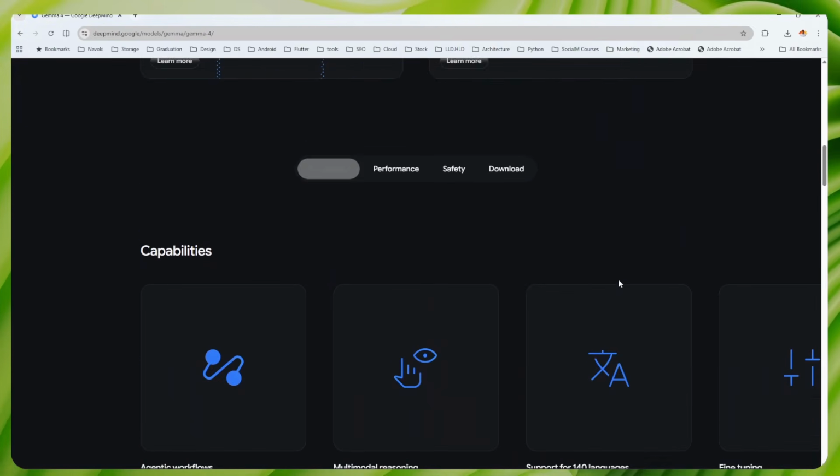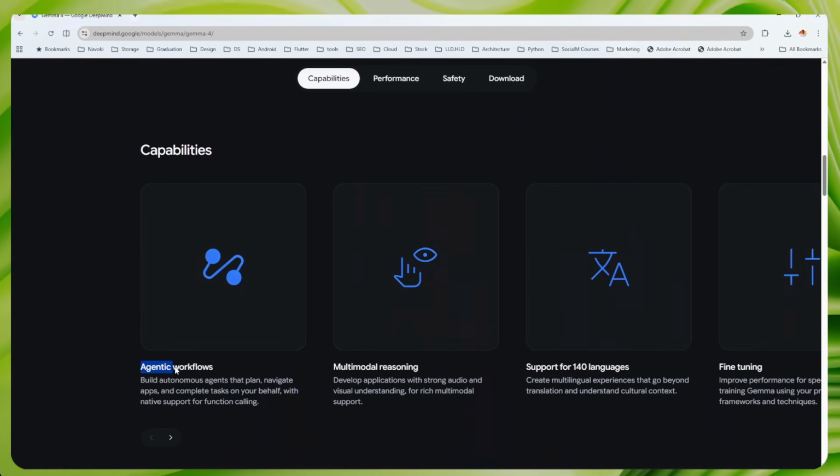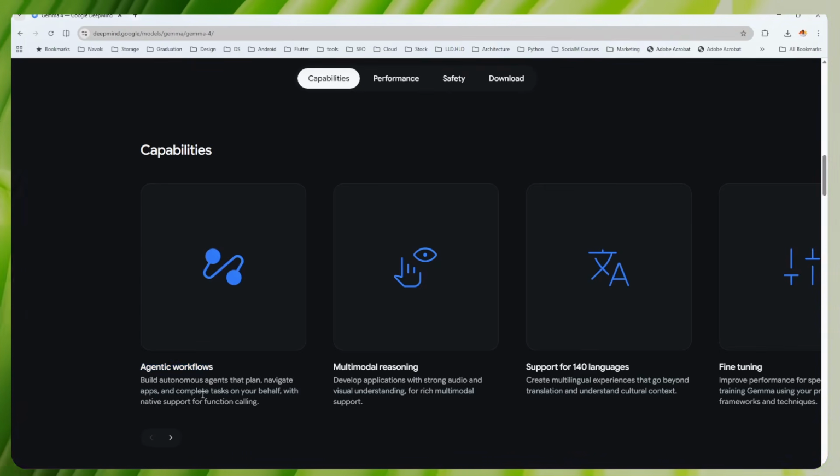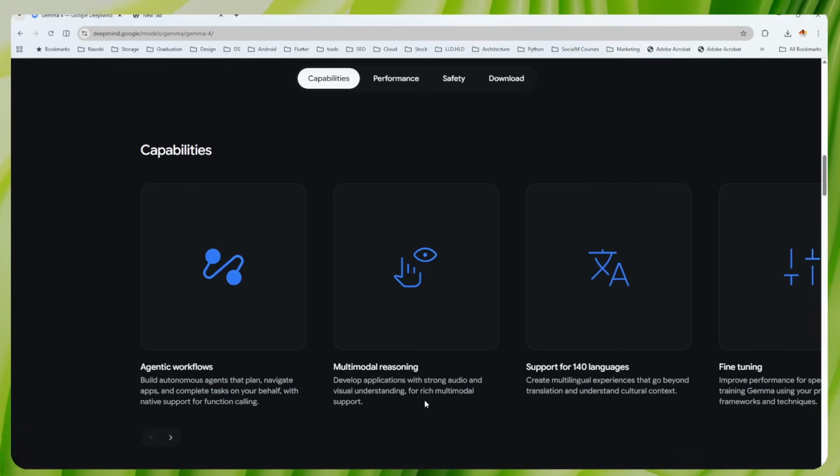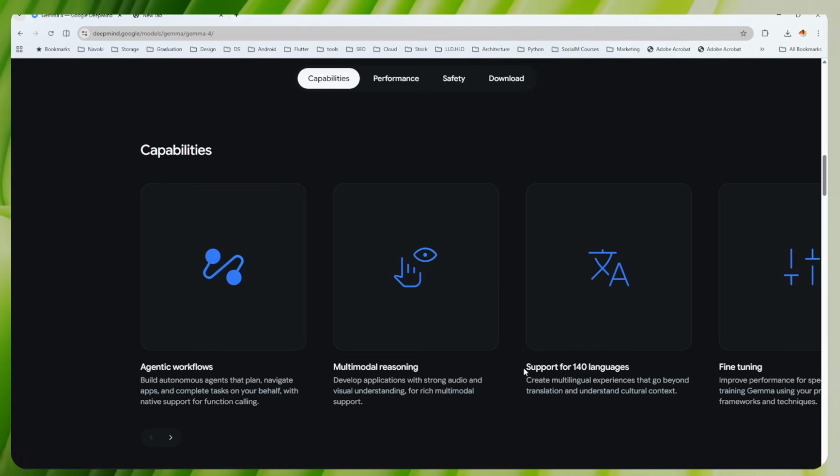The other capability of Gemma 4 is that it can do an agentic workflow. That means if you have an agent and you want to test it, run it locally on your PC or your server and evaluate your agent, then you can use Gemma 4 locally free of charge. The biggest capability is multimodal reasoning. That means you can develop an application that can process text, images, and audio. It can take them as input, but the output will be in text format, so you can perform some agentic process. It supports 140 languages. That means it can translate and work in 140 languages all around the world.